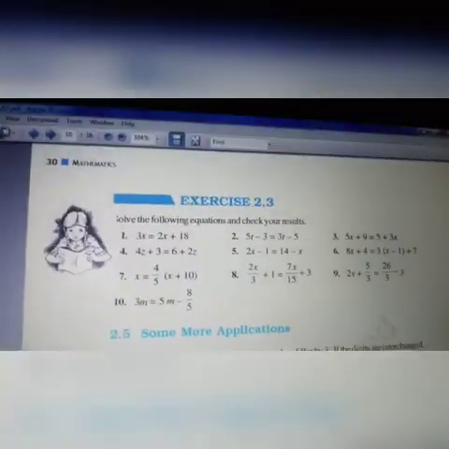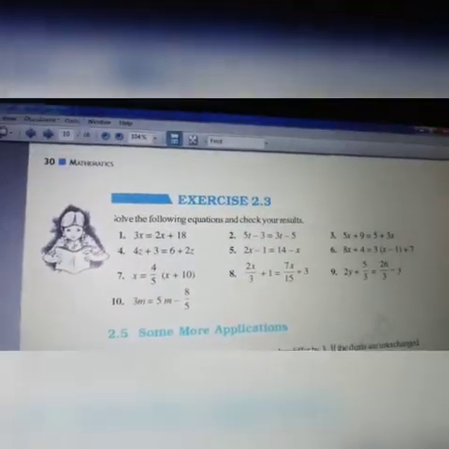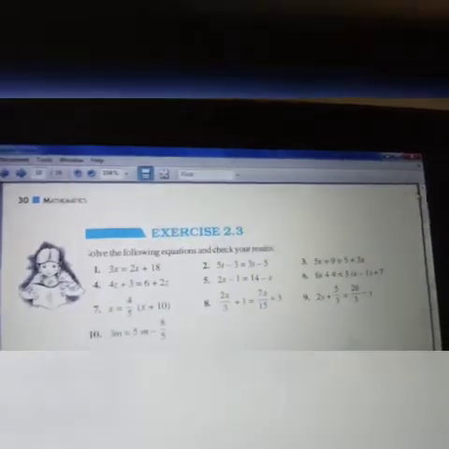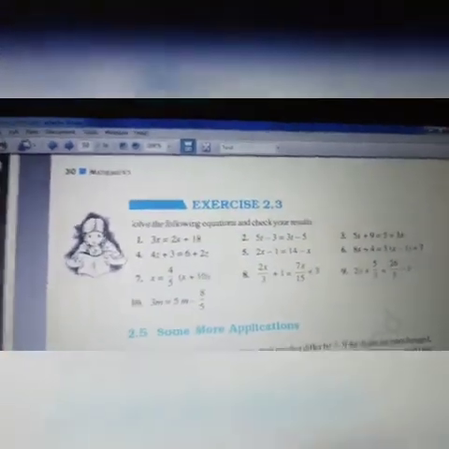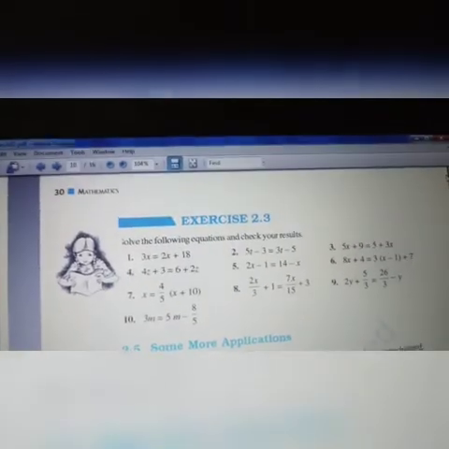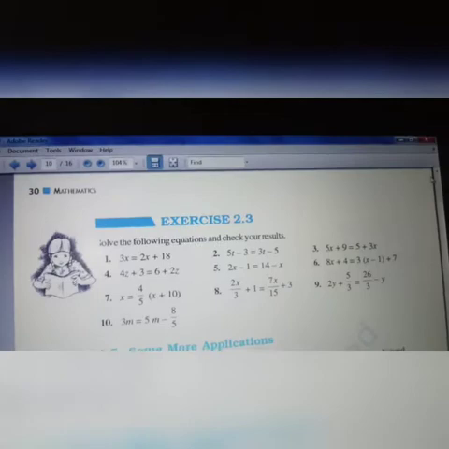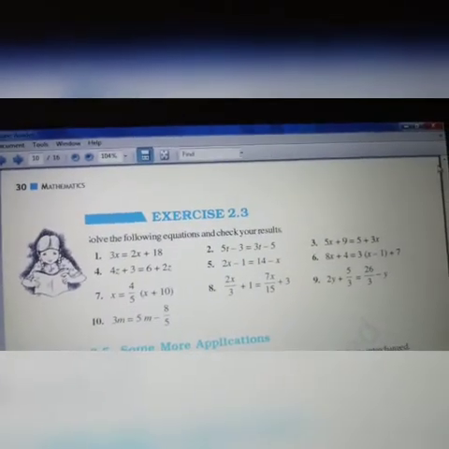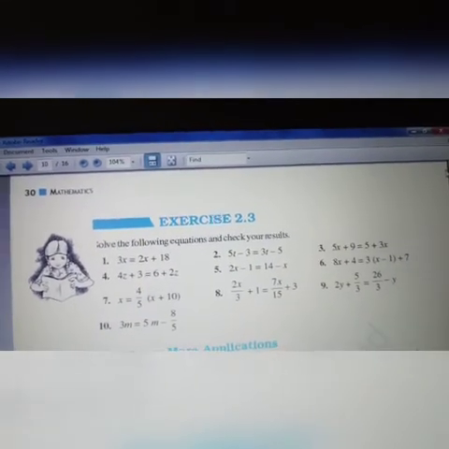You can check whether the variable is x or t or p. Variables will differ. So at last, while you are writing the final answer, if it is x, write x is equal to 5. If it is t, write t is equal to 10. Like that you should write. You should not write x for t, and you should not write t for x. Don't make those silly mistakes. Once you are writing the problem, do it very carefully.